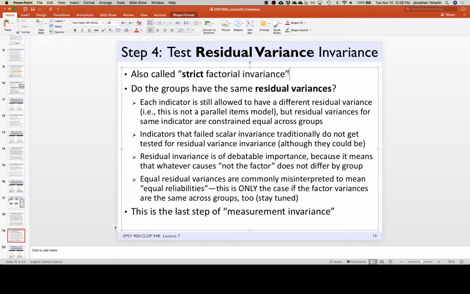Okay, we did that. We've got mean, we've got variance, there's nothing else left to have, right? So residual invariance sometimes is called strict factorial invariance because when you test it, you're going above and beyond probably what's needed to establish the claim that you're comparing the same trait across the groups. So oftentimes, in fact, you'll even see this, particularly in homework 6, none of the items have residual invariance. This is no secret. There's no equivalence on any item in any of the groups.